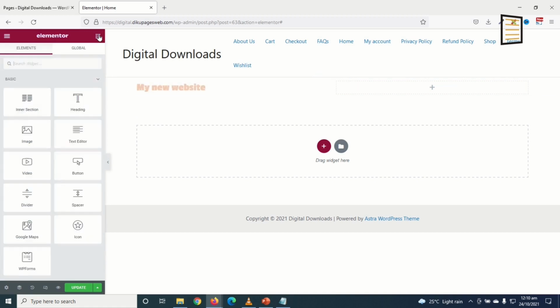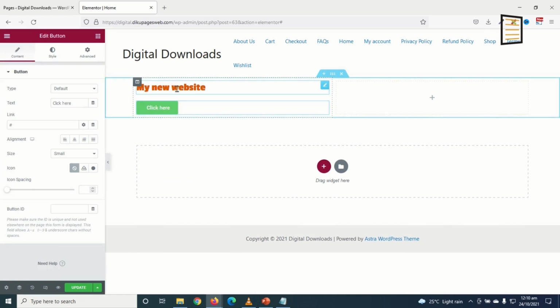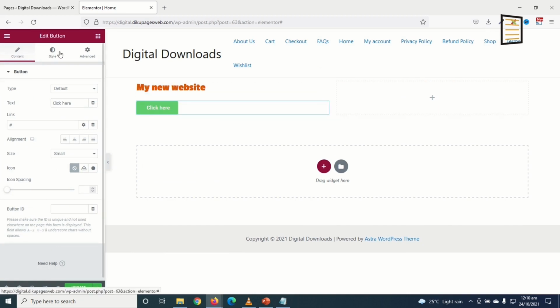Going back to elements, I can drag in the button element and drop it in here. And as usual, we'll have these three tabs to work with the button. On the text, I can change it to maybe Start Now, something like that. And in here, if I want to link this particular button to a particular page, I can go ahead and enter the link to that page, or better still, I can search for that particular page. So I'll type about. Since I have an about page, I'll see it right here. Then I just go ahead and click to insert the link.